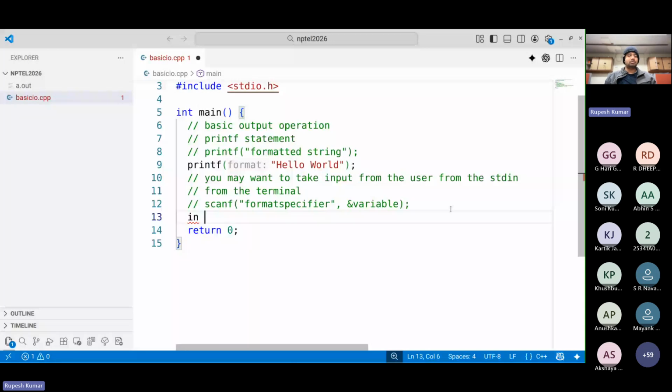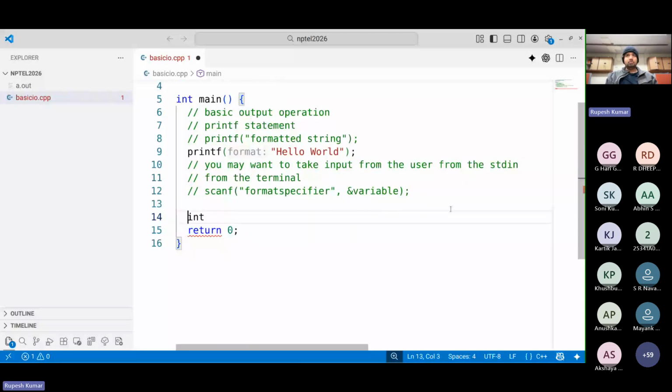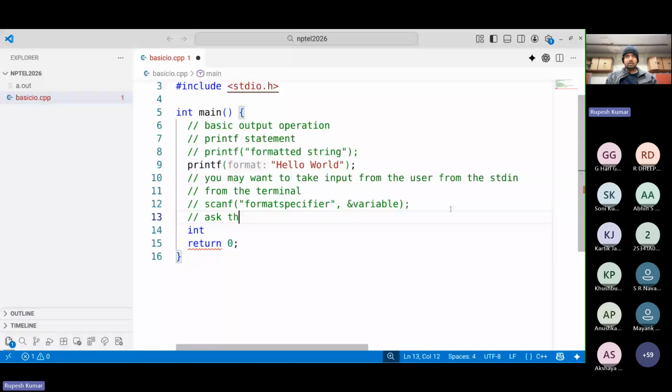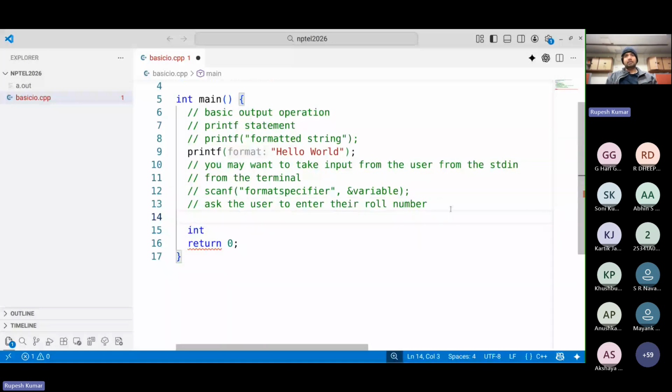So the data type is integer. Now I am declaring a variable. Ask the user to enter their roll number, right? For this, I declare an integer variable. First, I declare a variable of data type integer